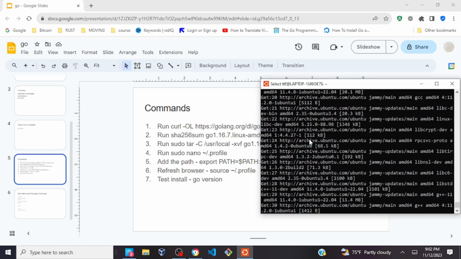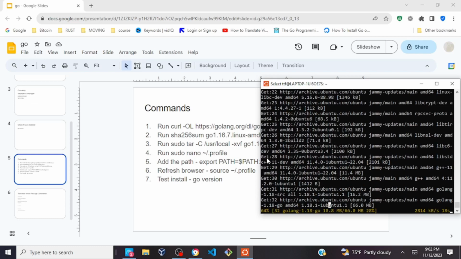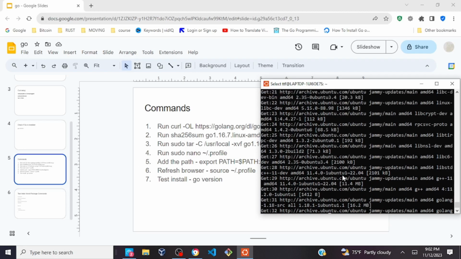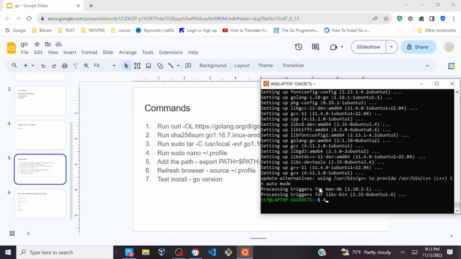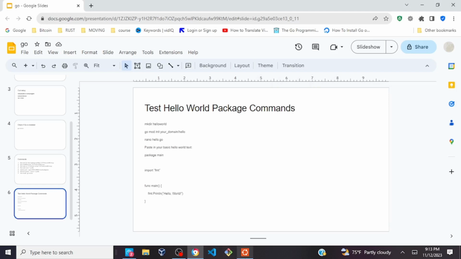But while this is installing, I will pause the video. And we're back. And let's make sure that it is installed. And it is installed. Now let's create a sample project